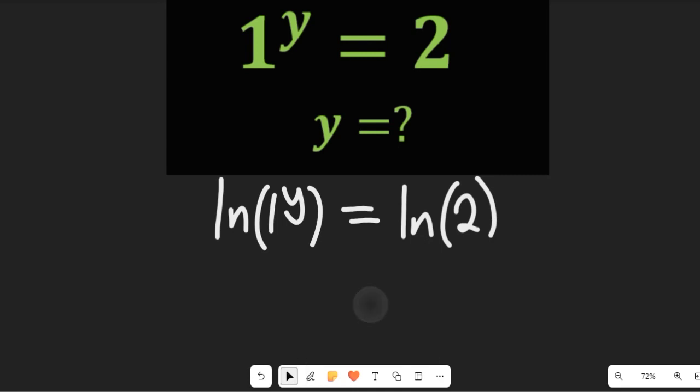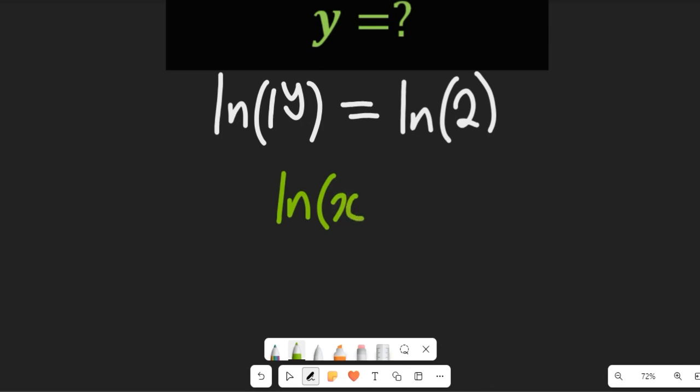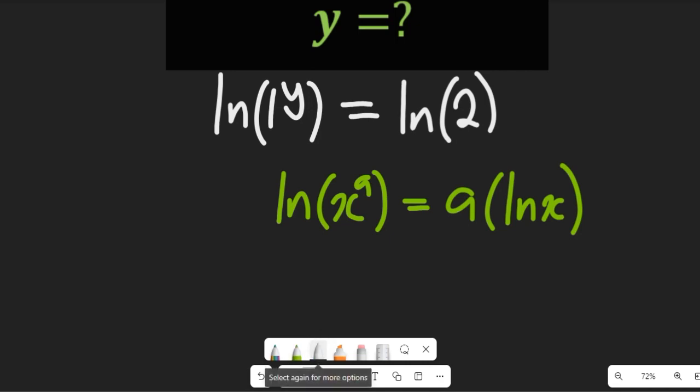Now, recall that if you have the natural log of x to the power of a, this is equal to a multiplied by the natural log of x, right? So if we are given that, our y will be multiplied by the natural log